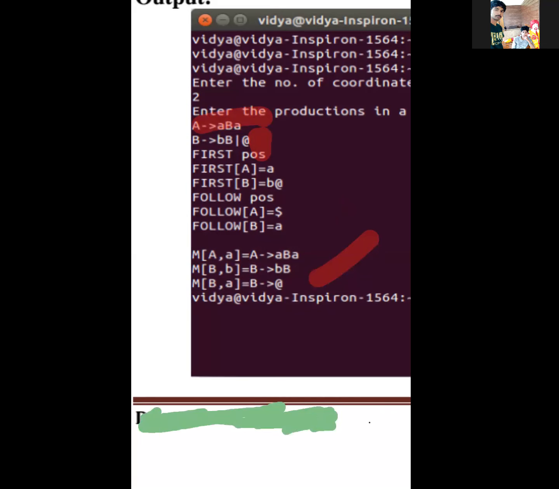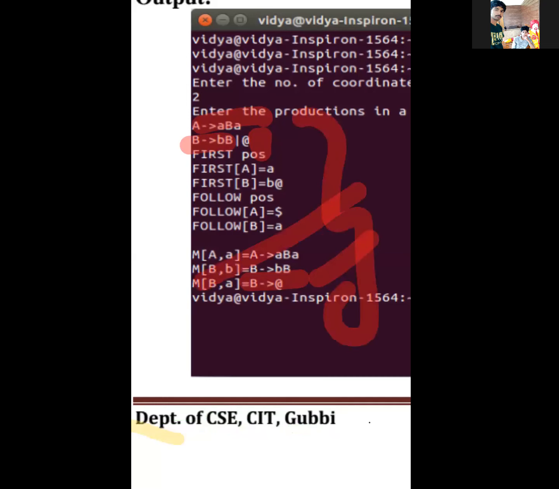Whenever small b, B tends to BB, that is available in another production. M of B comma small a will be available in the last production, B tends to epsilon symbol. So this is the way we go into these symbols. Whatever is being discussed will be discussed in the next class. Already we discussed first and follow. We'll take one small example of first and follow in tomorrow's class.